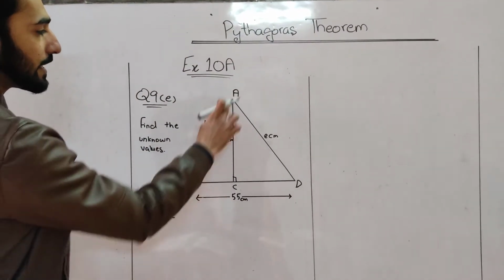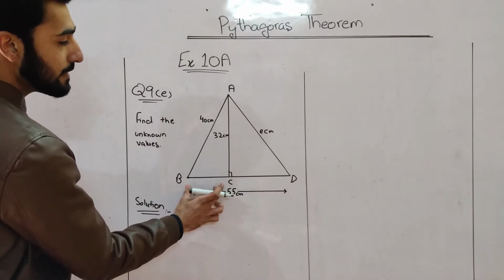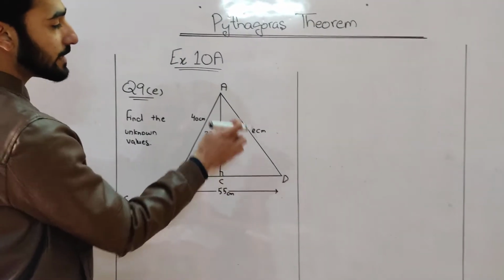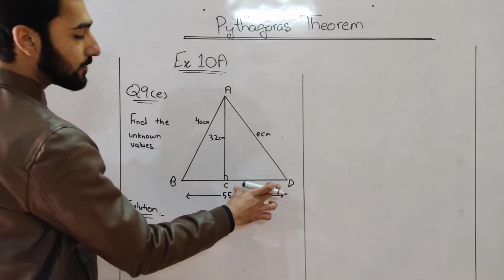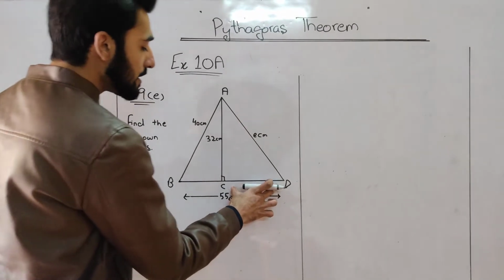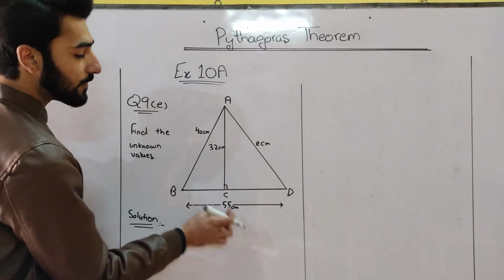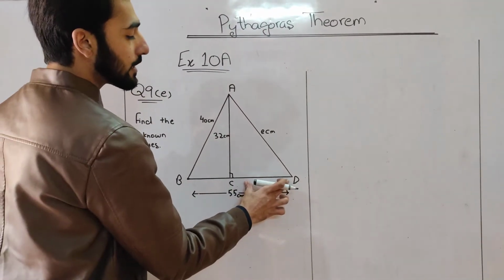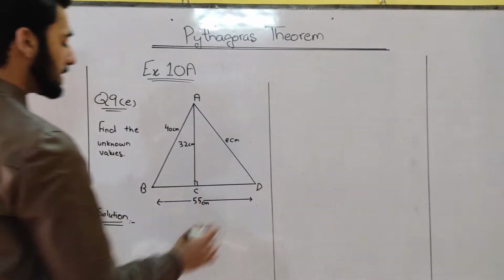Firstly we take triangle ACB, then we find the side BC. To find the value of E, we can take triangle ACD. Note that we have not been given the value of part CD. So firstly we record the value of BC, then subtract it from 55 to get the value of CD. Then solve this triangle and find the answer for E.